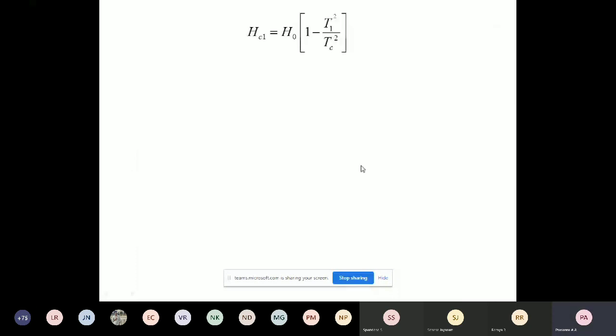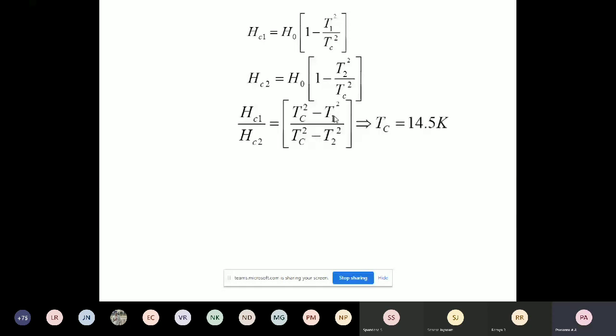In fact, you can observe that this is the equation. Basically, Hc equal to H0 into 1 minus T by Tc square. For Hc1, this is T1. And you know that Tc remains the same irrespective of the Hc value. That's why Tc should be same in both the cases. So on substituting the values of this Hc2 and T2 also, and by rearranging, means you are dividing this equation by this equation in order to remove the common term, that is H0, so that it is possible to get Tc, because in this equation only one is the unknown term, Tc. T1 is given, T2 is given, Hc1, Hc2 are also given. Therefore, simplify this equation and get the value of Tc.